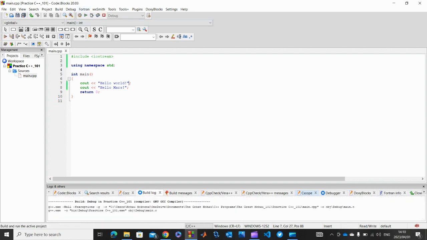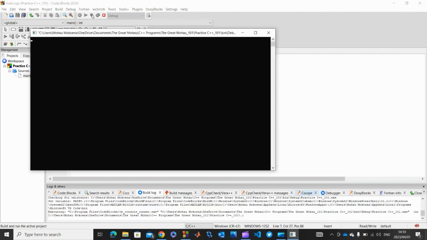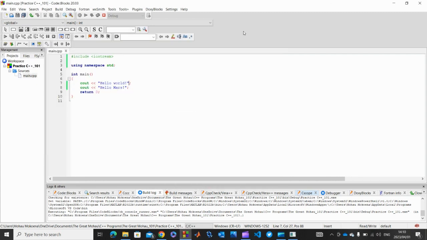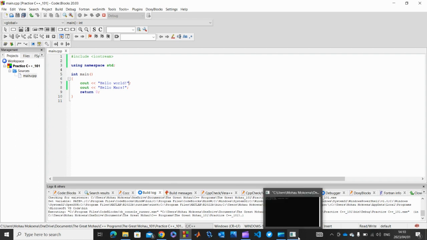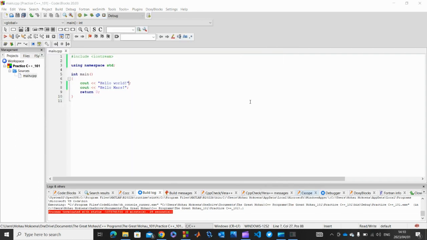It's not going to give us an error, because that end line is only for separating those lines into line 1 and line 2. Without endl or that backslash n, our output will be on the same line. As you can see over here on the console, we have hello world, hello Mars, on the same line, and we don't want that. So for us to get rid of that, what we need to do is